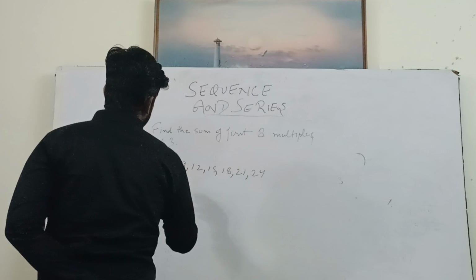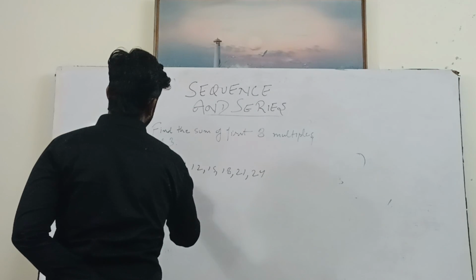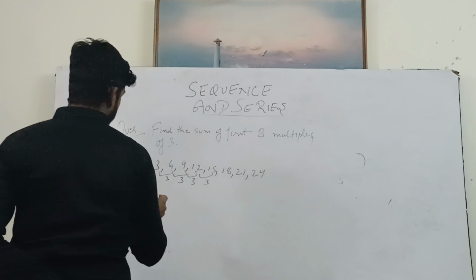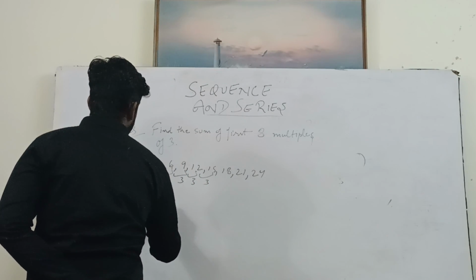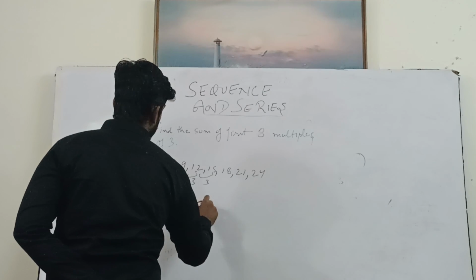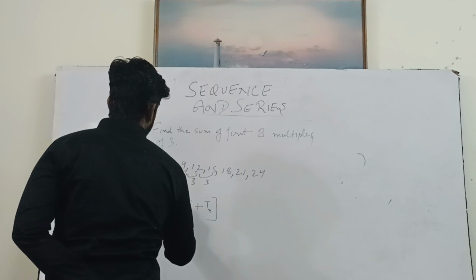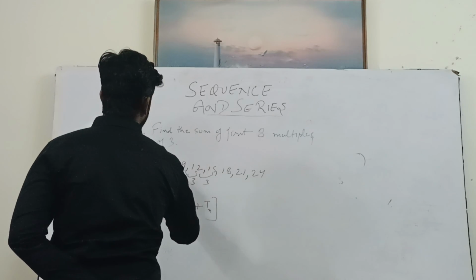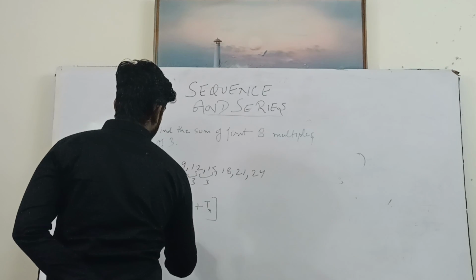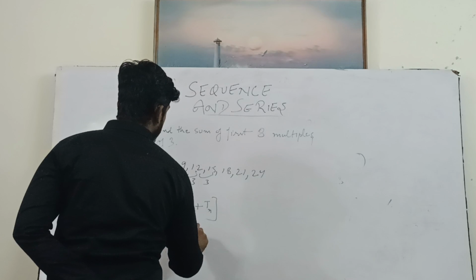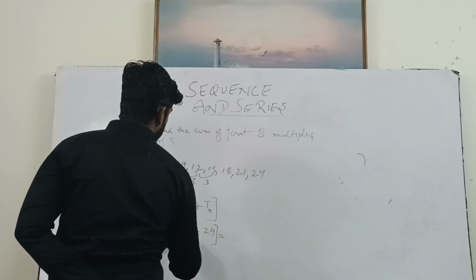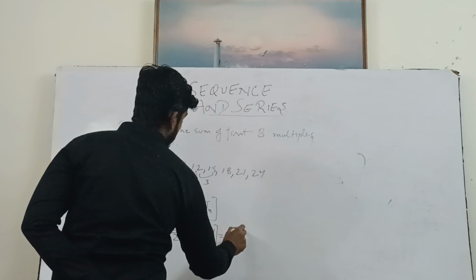तो सबसे पहले तो देख लो भाई क्या बन रही है, एपी बन रही है, यहाँ भी 3 है कॉमन डिफरेंस, 3 का कॉमन डिफरेंस है, तो ये एपी बन रही है। क्या होता है एपी का फॉर्मूला, Sn is equal to n/2 फर्स्ट टर्म प्लस लास्ट टर्म, सिंपल है। n क्या होता है, नंबर ऑफ टर्म्स, n क्या है 1 2 3 4 5 6 7 8, 8/2 into 3 plus 24 is equal to 27, 4s are 108,